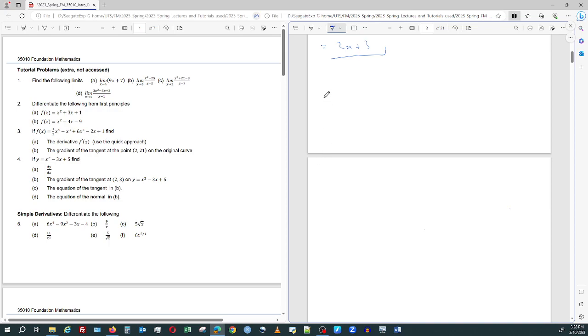So we have f of x is equal to x squared minus 4x minus 9. So our tangent is rise over run, which is f dash of x,